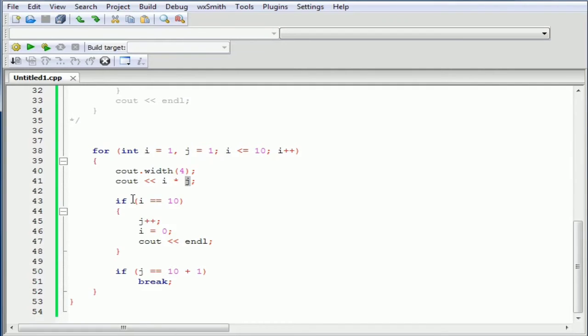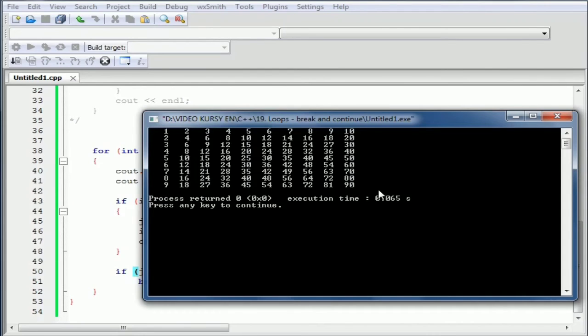j, which is now 2, so we have now 2, 2 by 2, 3 by 2, 4 by 2, and again when i is 10 we can increase j. But when finally j is 10, we are skipping some rows of course. When j is 10 we should also run that code, that multiplication here, because you want to see the 10th row. If I did it that way, you'll notice that we are not seeing the 10th row,